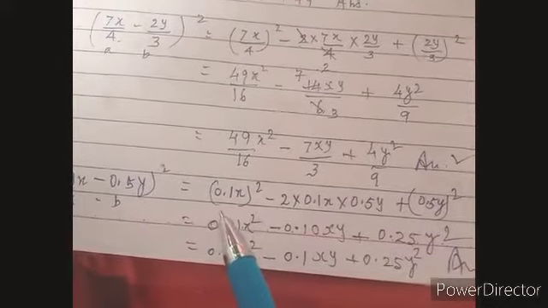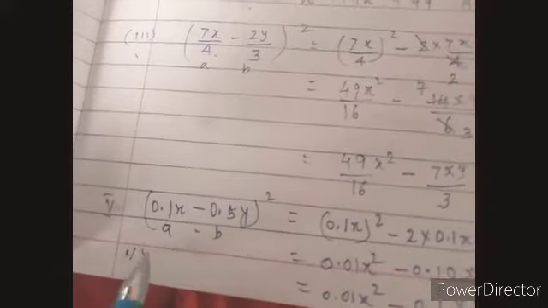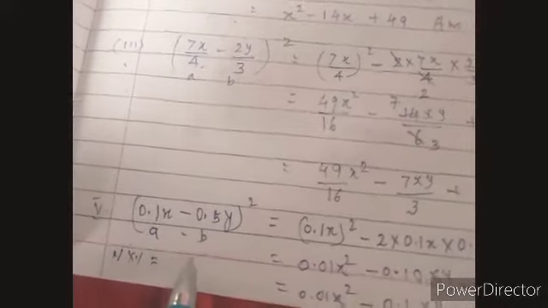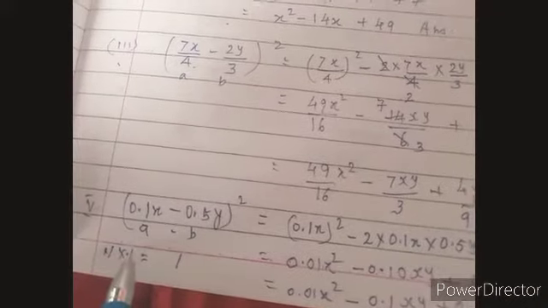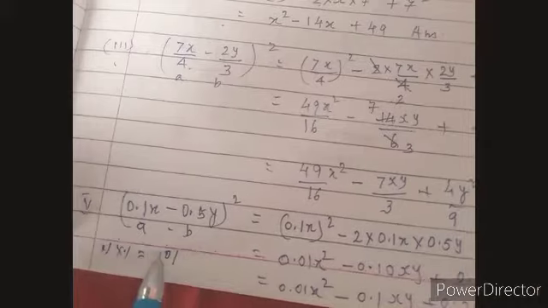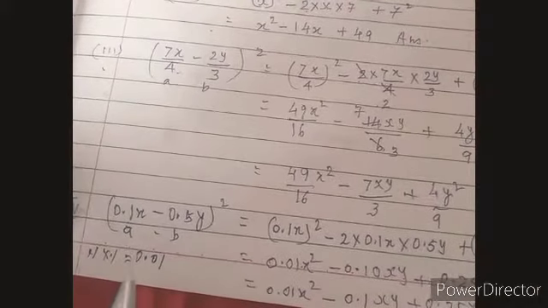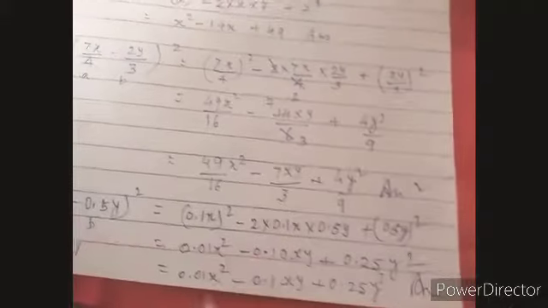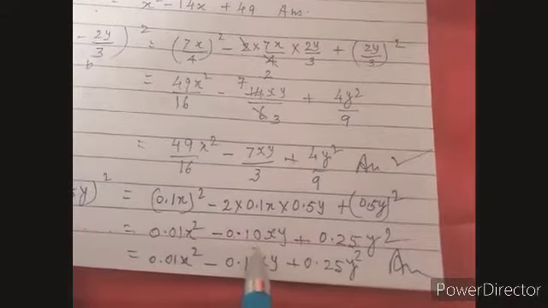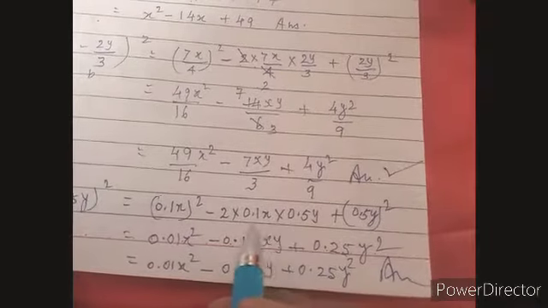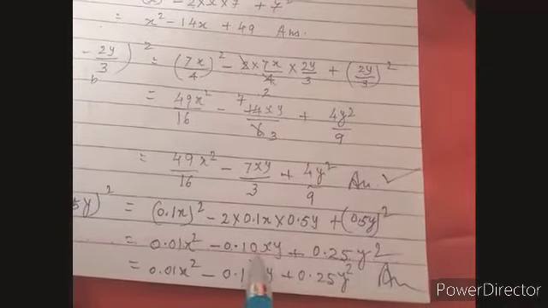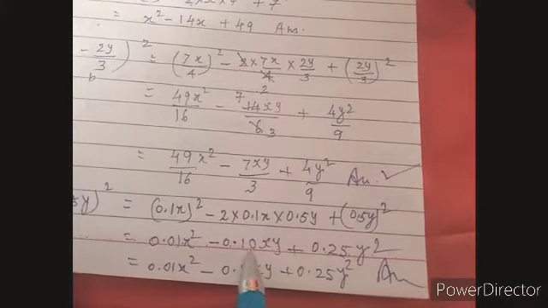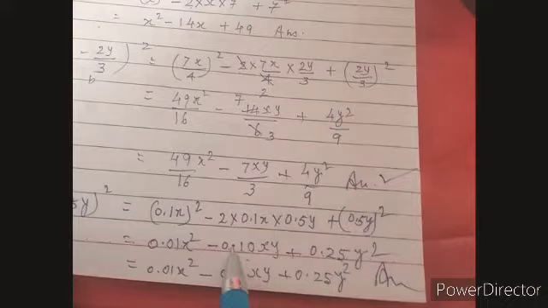0.1x, 0.1 into 0.1. How much will you get? Students used to commit mistakes. See, 0.1 into 0.1 will be 1 only, but the decimal will be after 2 digits. 1 and 1, 2. So this is 0.01. A 0 will be put here. So it is 0.01x square. Now here if you multiply 5, 1, 2, it is 10. We will write 10. Okay, no problem. And see the decimal, 1 and 2. The decimal will be 2 digits from here, and the decimal will come here.